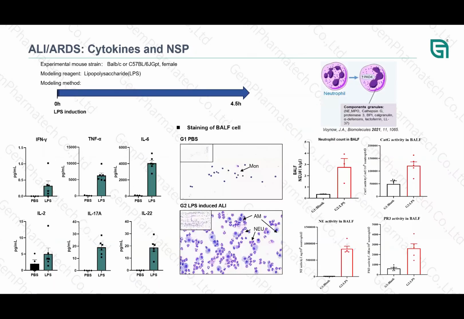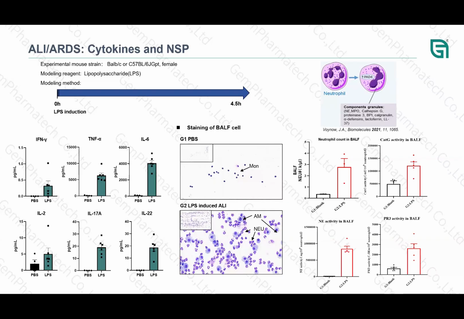And next, let's zoom in on the inflammatory response and enzymatic activity changes in the mice after the induction. At 4.5 hours post-induction, there was a significant increase in the neutrophils and the macrophages in the mouse bronchoalveolar lavage fluid, the BALF, accompanied by the marked upregulation of TH1 type inflammatory cytokine expressions. We then enrich and collect these cells and detect the activation